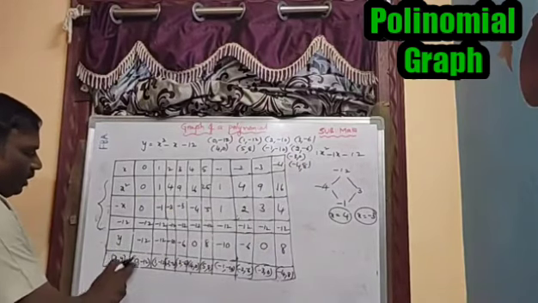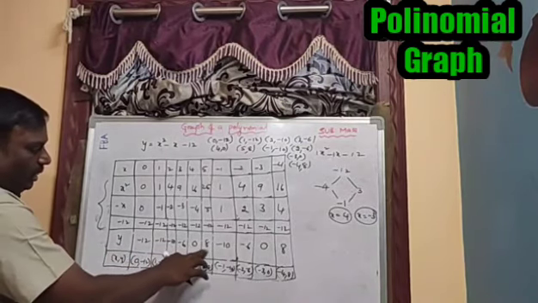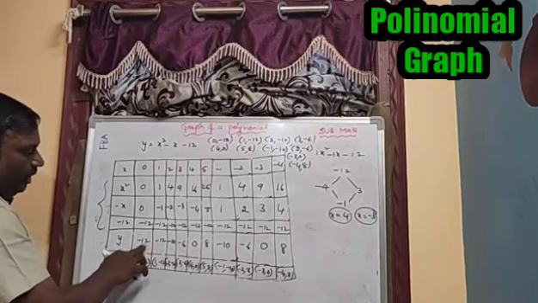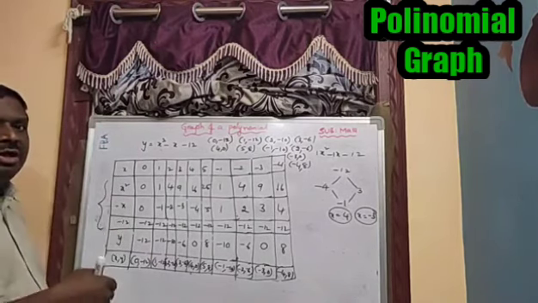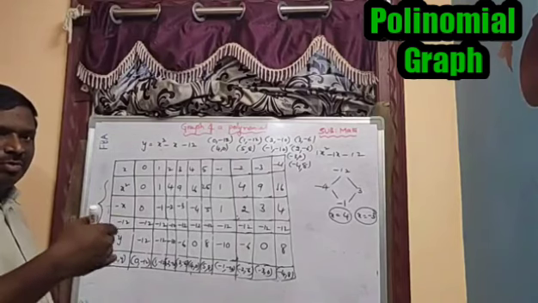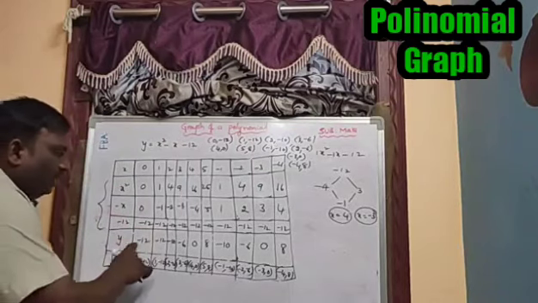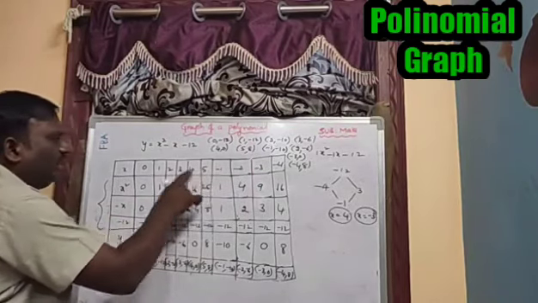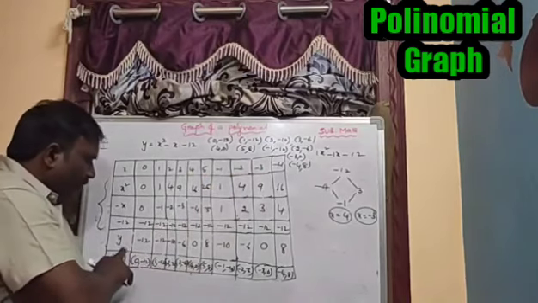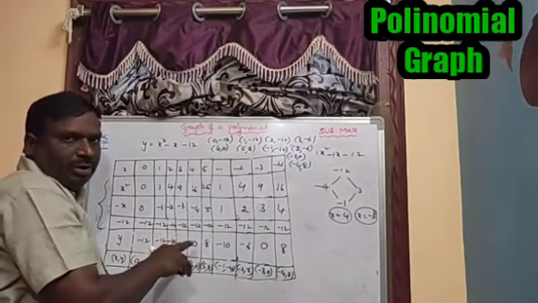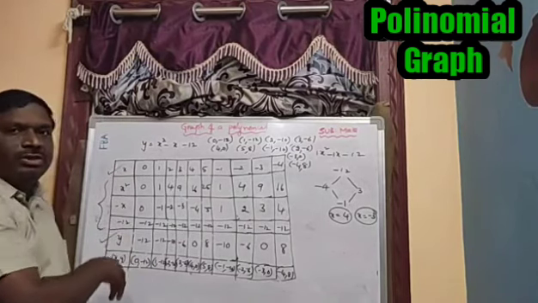If you identify the y values, the maximum positive value is 8 and the negative value is -12. It is not possible to take -12 on the y axis as it is, so we have to decide the scale from these x values and y values. X values are up to 5 and -4, that is not a problem. But when we take the y values, definitely we will get a problem. That's why the scale factor is decided by the x value and y value. These two values will decide.